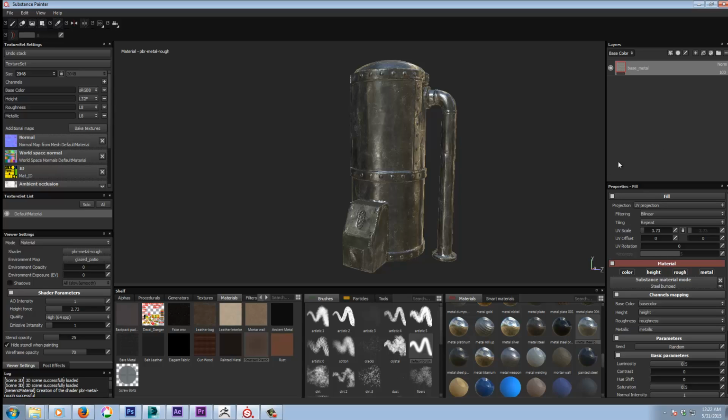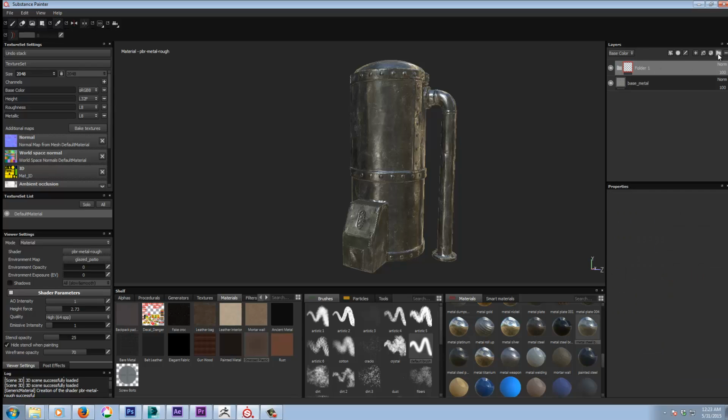A good habit to get into is, if we're going to have a base metal here, then we're going to have maybe a multi-layered paint material over the top of that, and we'll be scratching away that to reveal the metal. So if you're used to Photoshop and masking layers, masking groups,